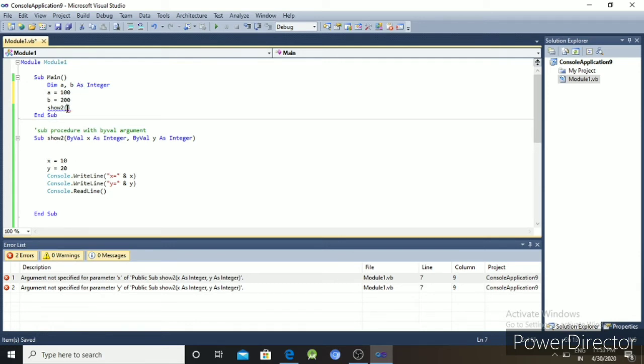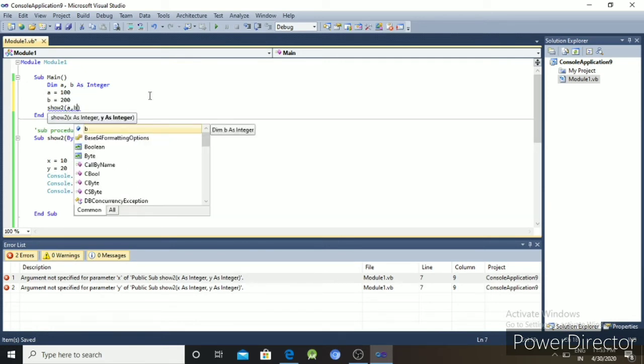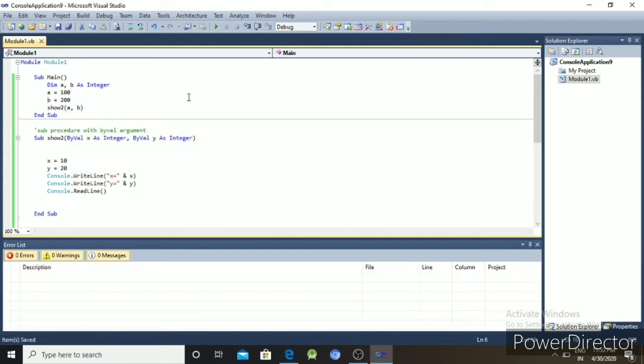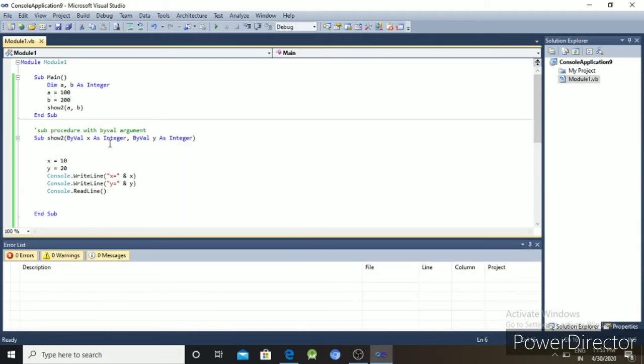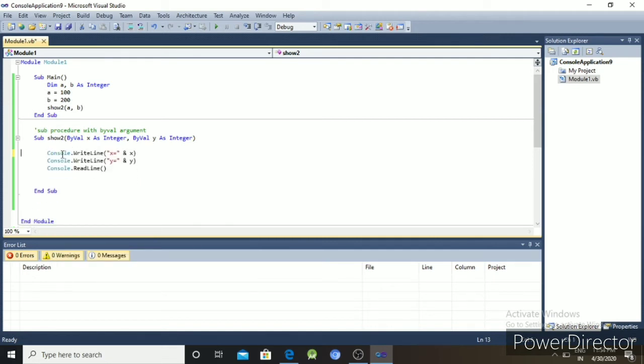Then we have to call Show2 with a, b, and execute the program. Yes, x = 10 and y = 20 are displayed, but here I want to erase the value of x and y. The actual values of x and y are not erased. Then we will show.